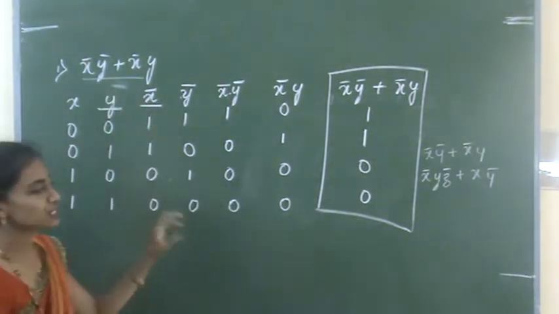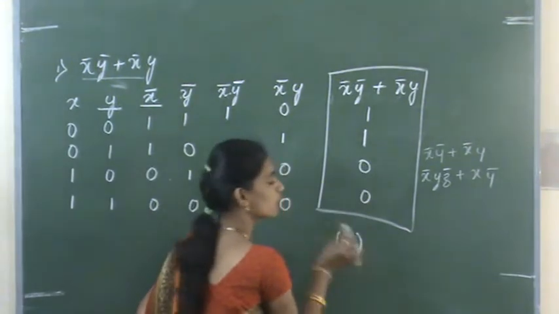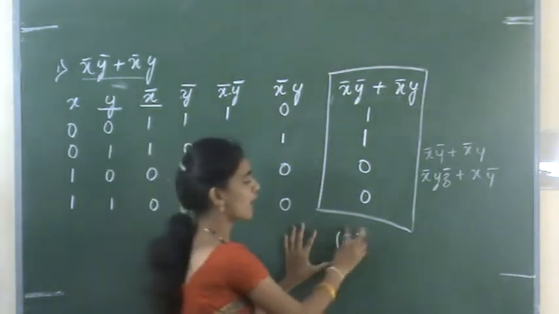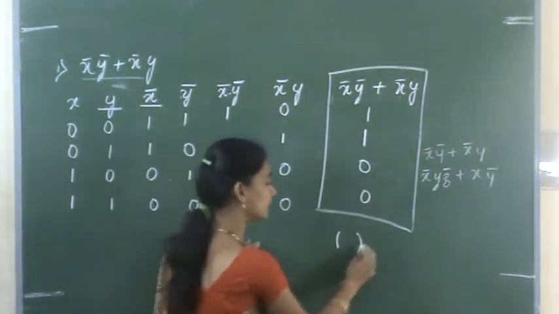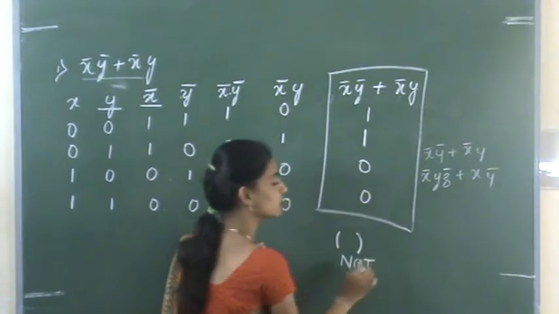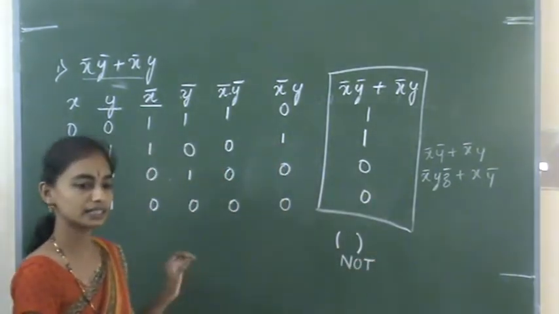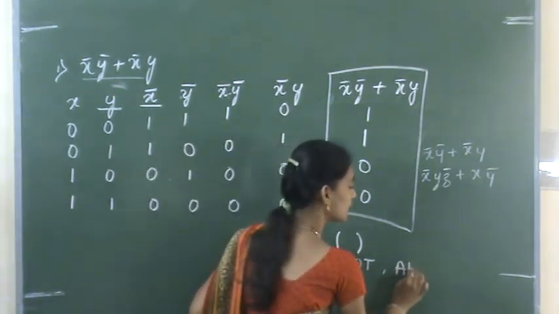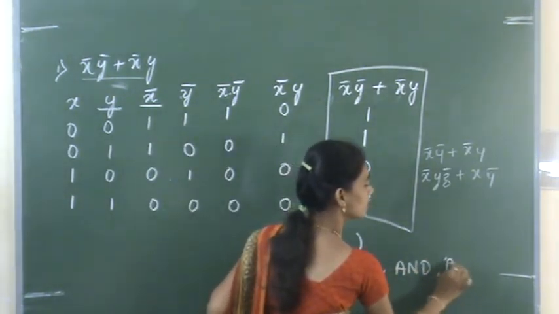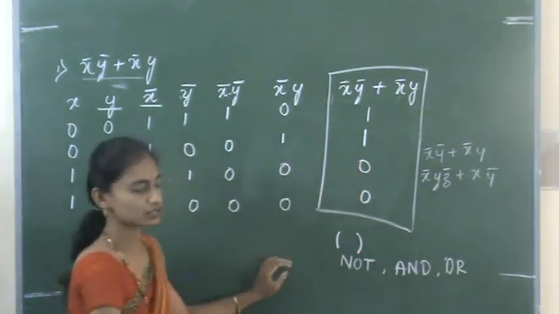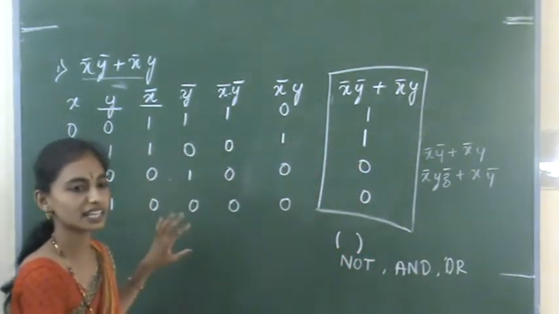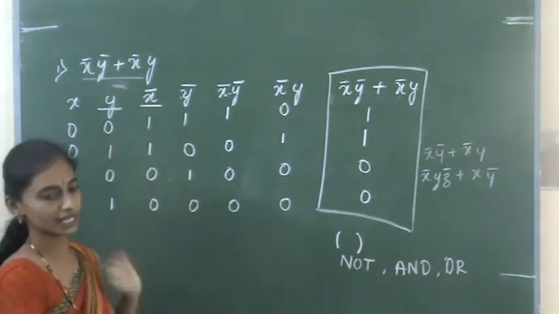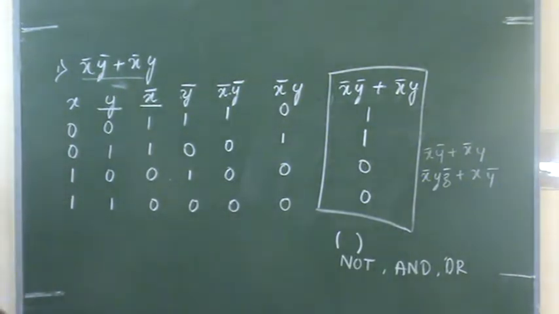In this, first we have to check whether we have parenthesis. If there is any parenthesis in the expression, first we evaluate that and then go for the not operator. Is there any not operator in the expression? We have to evaluate it. Next the and operator, and then finally we go for the or operator. This is how we evaluate the expression, or construct the truth table for the given Boolean expression.